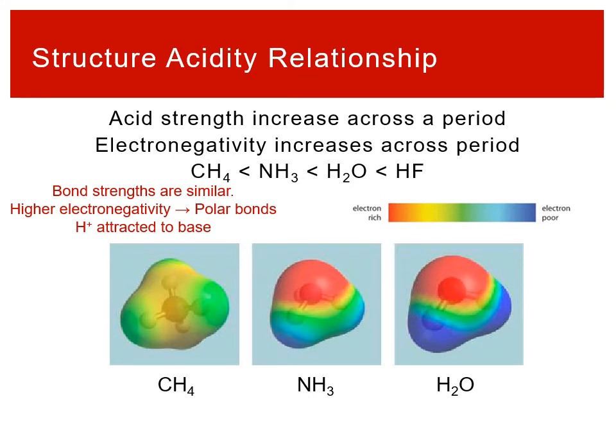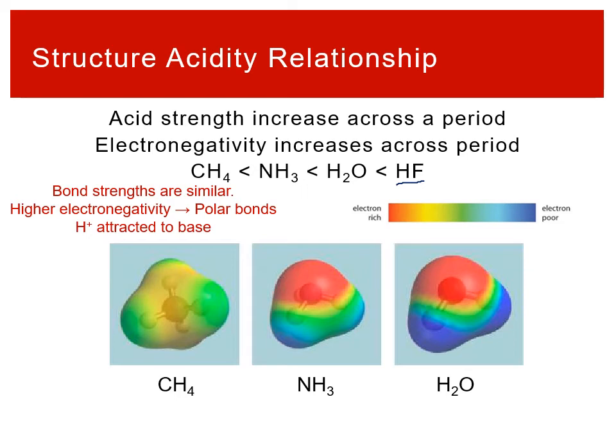If we turn to the periods on the periodic table, we can also find predictable trends. So say, for example, CH4, NH3, H2O, HF. In all of these cases, carbon, nitrogen, oxygen, fluorine are in the same period on the periodic table. And as you move from left to right, acid strength increases. So we can even understand that in just how we talk about this. The name of this molecule is hydrofluoric acid. It's the only one that has acid in the name because it's the strongest among them.